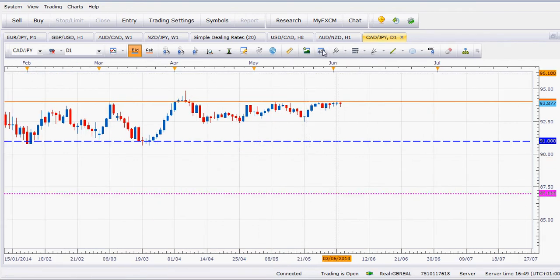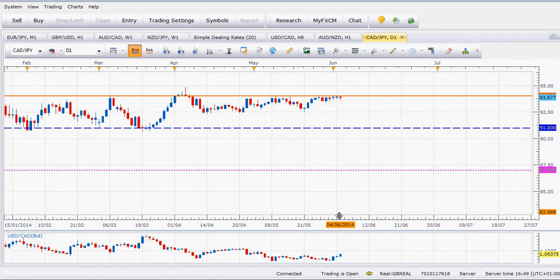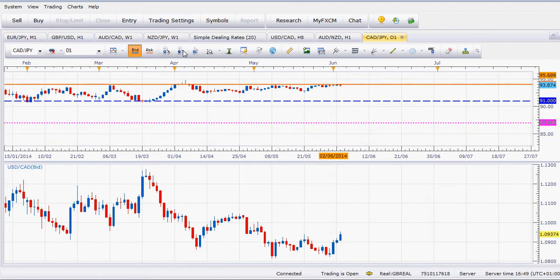It will give us a better idea. Maybe not. Okay, let's remove that and try a different overlay. How about another Canadian pair? Maybe CAD yen, pound. Okay, let's try the dollar CAD, which has seen a lot of movement with the dollar